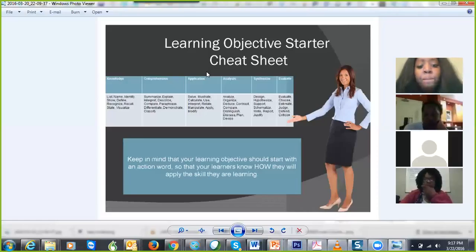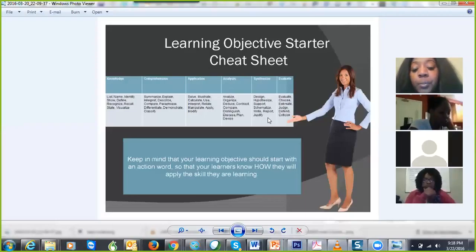Thank you. So the same thing with analysis. If you want them to analyze something, Jen, you have your grant writing class, you want them to analyze something. These are great examples of starter learning objective words, action words that indicate that they will be analyzing something. Sometimes it's hard to come up with these words or you're not sure, so this is a great cheat sheet to help you come up with those action words